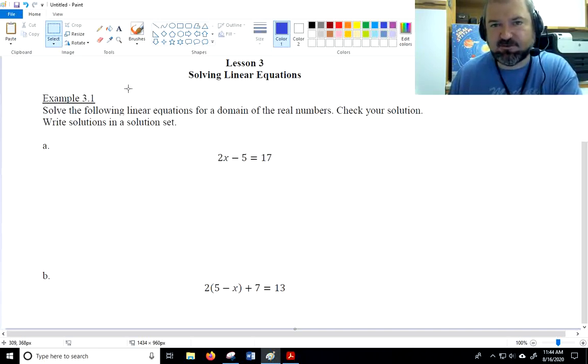We'll look at solving them over the domain of the real numbers, and then look at how that changes as we solve equations over different domain subsets of the real numbers. All right, let's just start with this example,